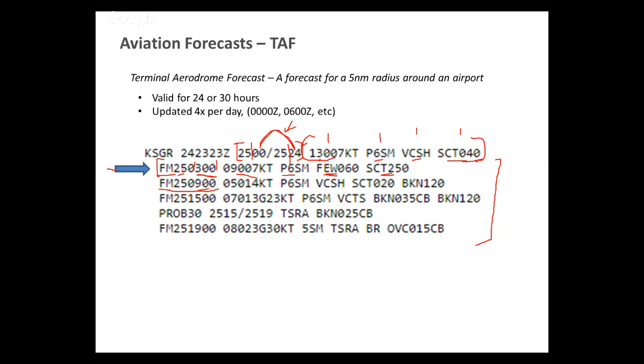So next line down, the next from line. So from the 25th day of the month, 900 Zulu, you can expect this weather. Wind 050, 14 knots, 6 miles visibility. There's that vicinity showers, and then scattered 2,000, broken 12,000. Yet again, we've got another change in the weather forecast from 25th day of the month, 1,500 Zulu, change in the wind, visibility stays the same,